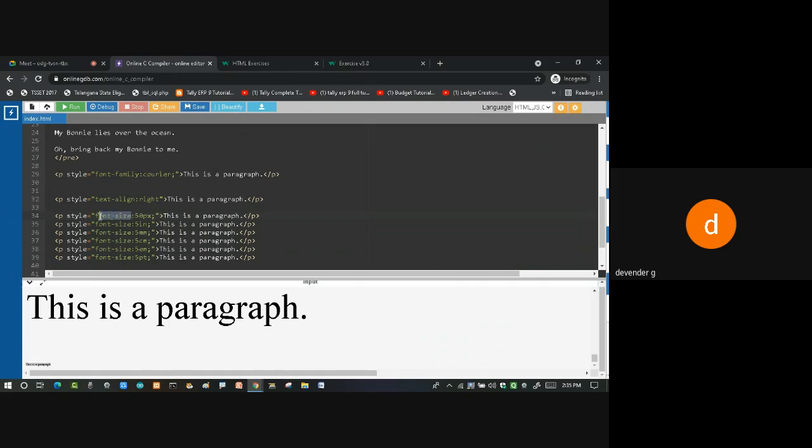So H1 to H6 are the side headings. Then if you want the bigger text to be displayed on the screen, then we'll be using the style called font style. That is, style is equal to font size. Then size is left to you. So sometimes you can use pixels, inches, centimeters, points, whichever you are flexible with, how you want to display on the screen. So we are going to use a style as an attribute or a style as a tag. Then we are going to write all this stuff. Okay.